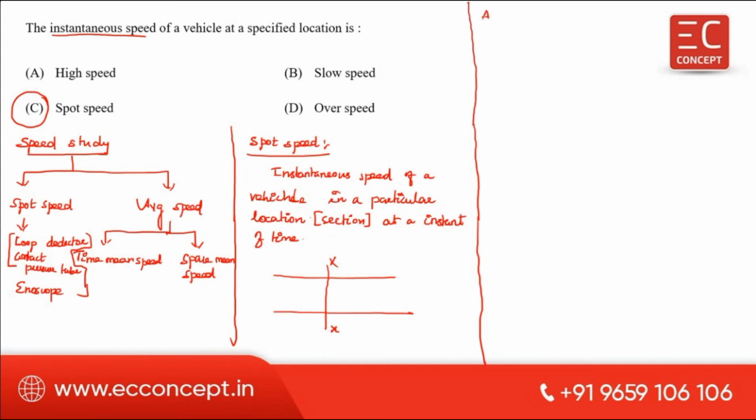Average speed is further divided into two. One is time mean speed. You can expect a question on this in the upcoming years. Spot speed has been asked before; the remaining ones are time mean speed and space mean speed. Maybe this year you can expect it. The time mean speed is the arithmetic mean of